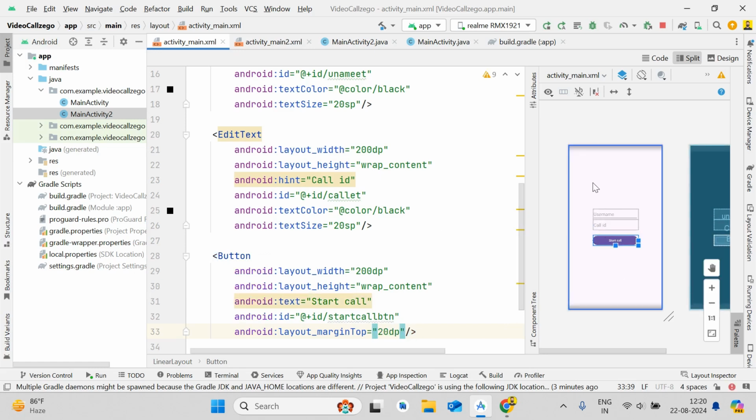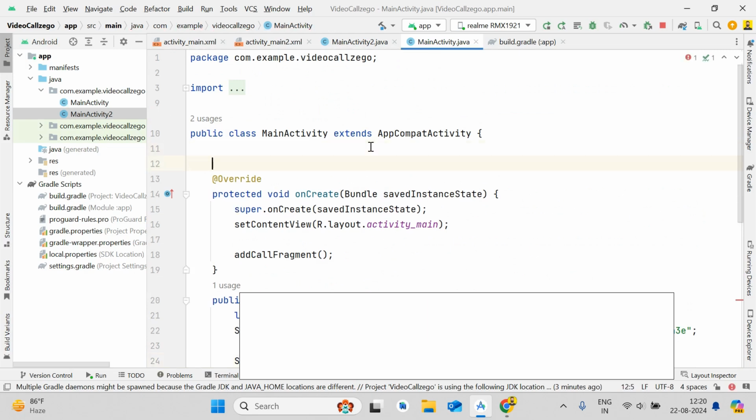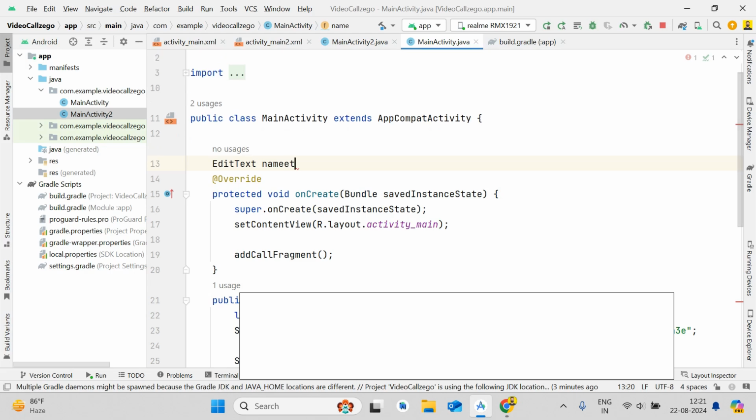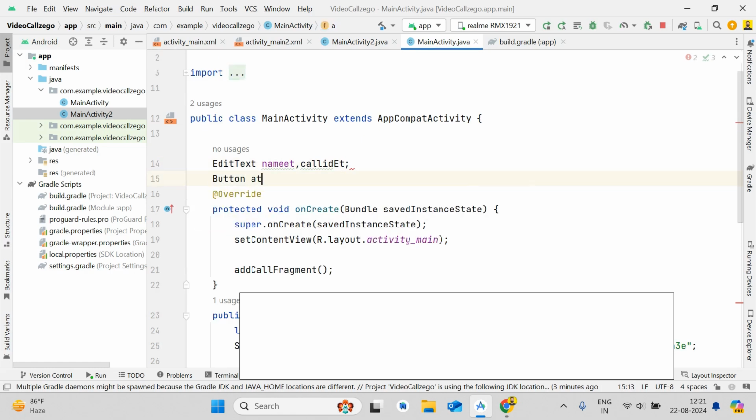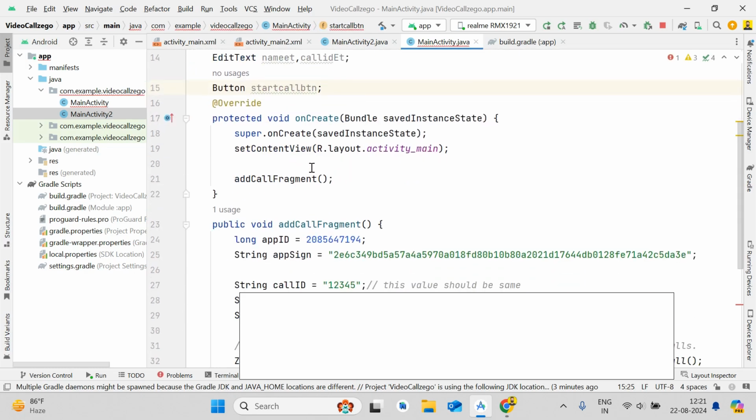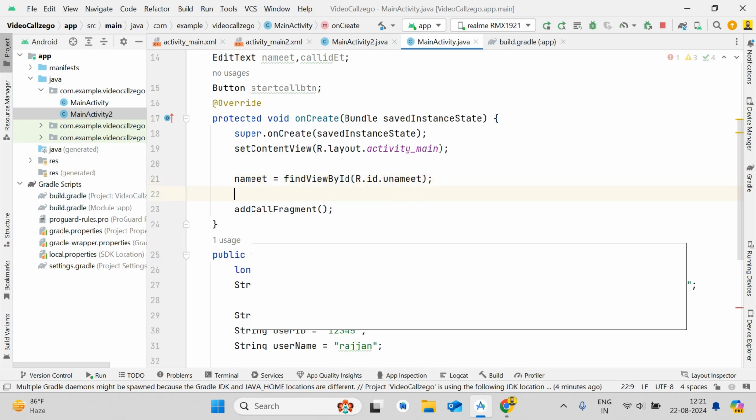Okay, so now you can see that we have created the basic attributes in the screen. Now in the main activity you have to simply declare the variables: two edit texts, name et, and call id et, and then a button, start call btn. Then inside this onCreate you have to give the reference, which should be name et equals findViewById R.id.uname et, and then